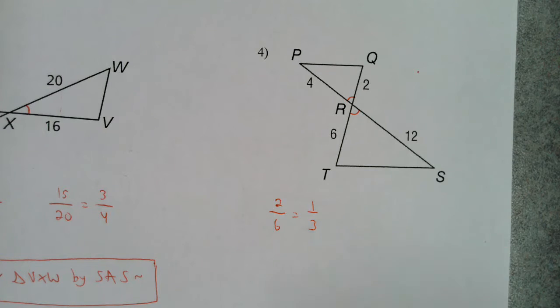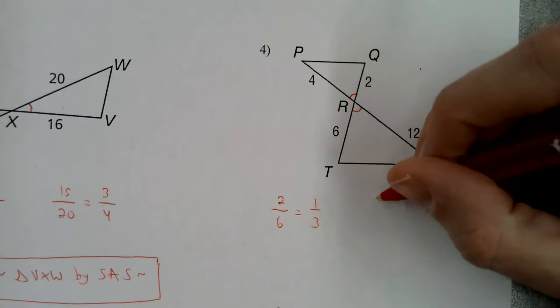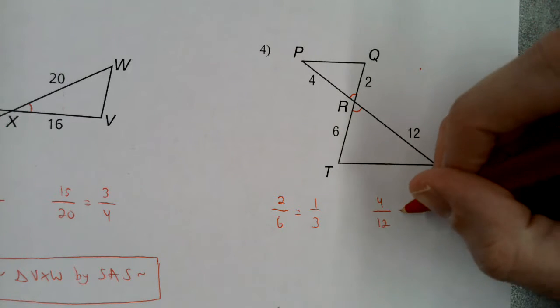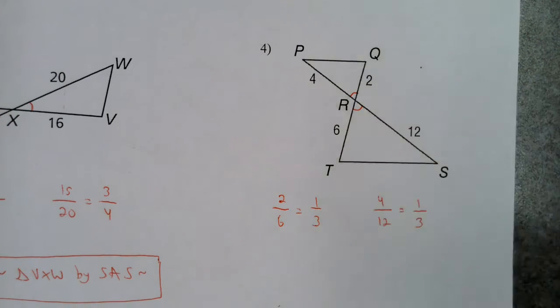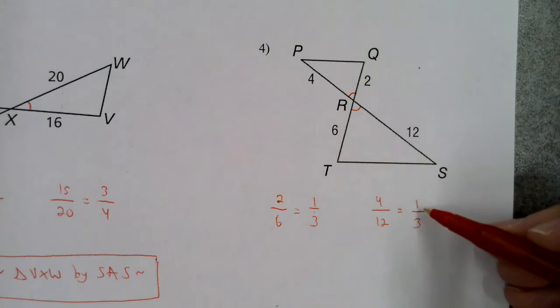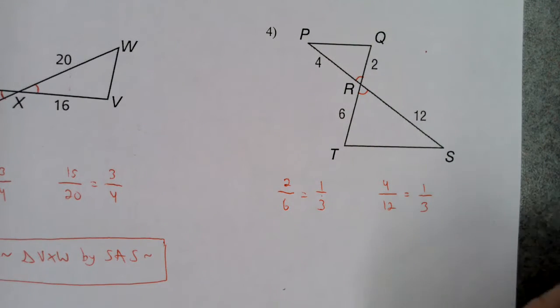And then let's compare the bigger side from the top triangle with the bigger side from the bottom triangle. So let's compare the 4 with the 12. Simplify that to 1/3. So since these two are proportional, I'm going to say yes, triangle QRP